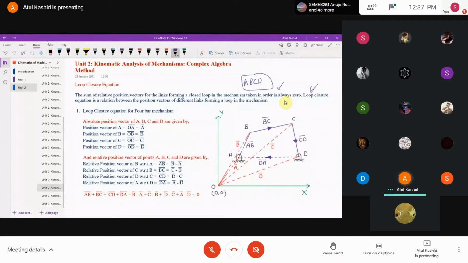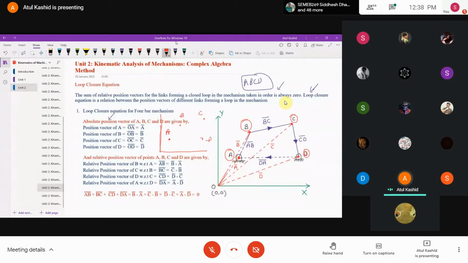Now what we'll simply do, we'll first try to understand the absolute position vectors of the points A, B, C, D, right? So we can identify the points over here now. We have a point A, which is over here. We have a point B, which is over here. Then we have a point C, and we have a point D, which is present over here, right? Or simply, in a very small space, I can draw the points. So we have the points like this: point A, point B, point C, and point D, right?